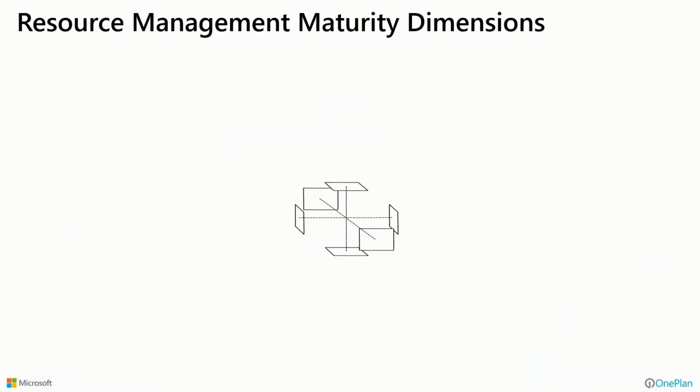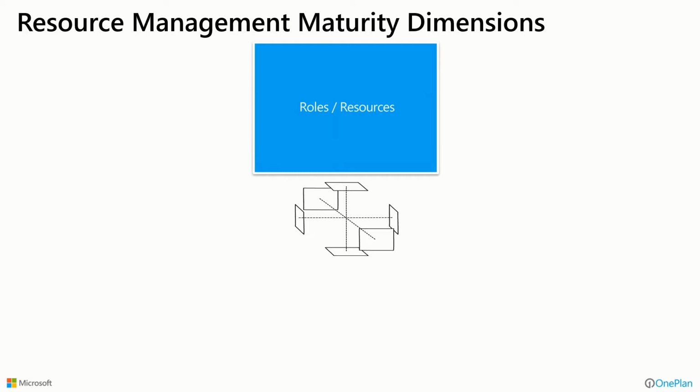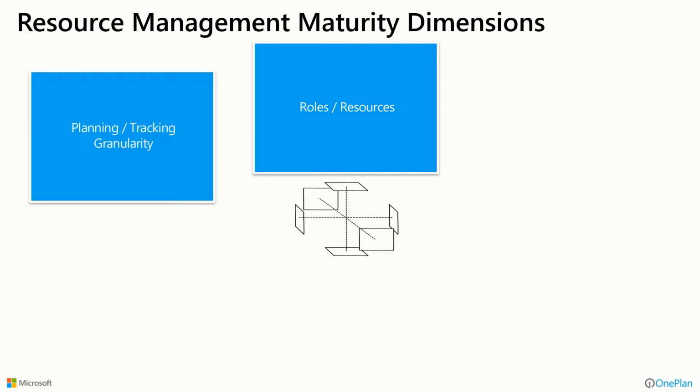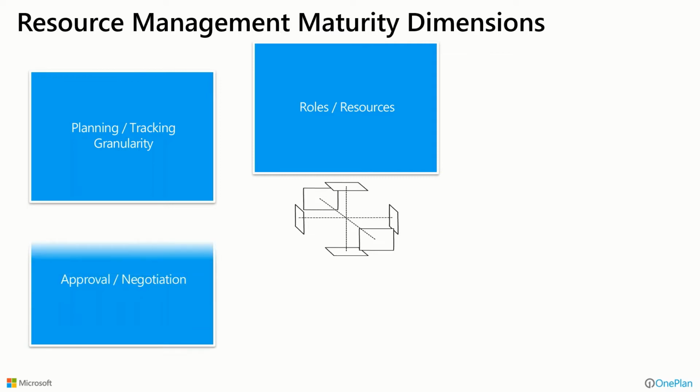So the resource management maturity dimensions that we should consider and be honest with ourselves, and as we assess where we're at any given point in time, is maybe just planning out roles and resources. What are the roles and what are the resources that we need to apply, and to what degree, and maybe keep this at a very high level. Now we have to determine what we're ready for as far as planning and tracking granularity. Do we do it at a high level capacity planning level, or do we go down to granular tasks and work items as we look at how we're going to allocate and track resources? Depends on what our needs are and what our readiness is and what we really feel we're ready to sustain.